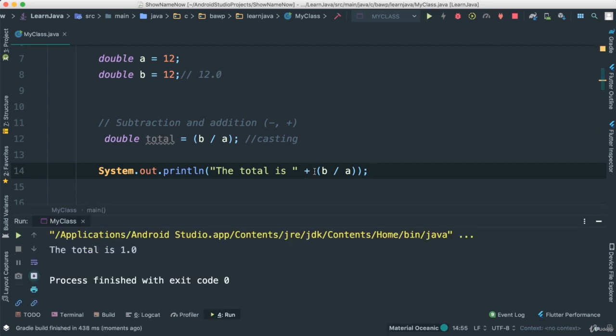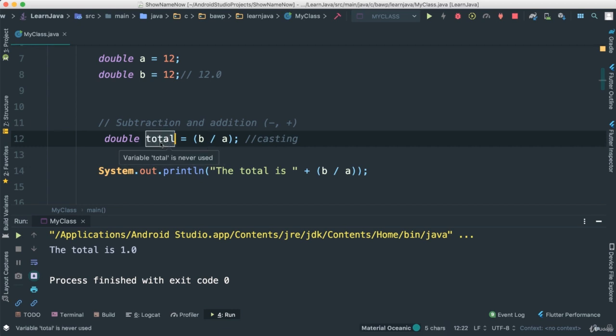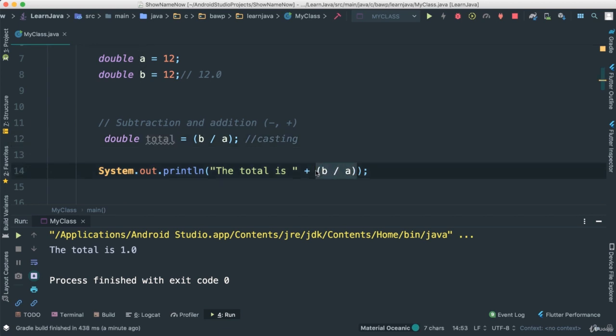But what is the advantage of actually putting things into variables? Well, number one, remember variables are buckets, right? Just little containers in memory where we can put stuff and then recall later. So that is the beauty. That is really what a variable is. So we can call it later, adding things or retrieving things out of it. So it's always a good idea to do this, in many cases I should say, but there are sometimes when you just want a direct result. In this case, if you know that you're never going to use this variable anywhere else, you can just go ahead and do it like that.